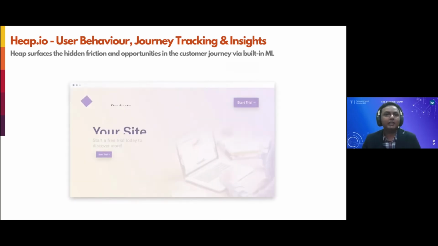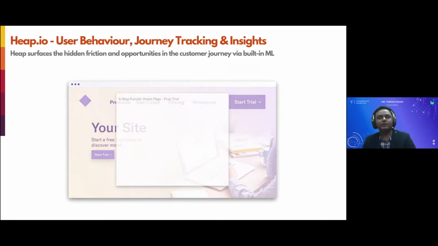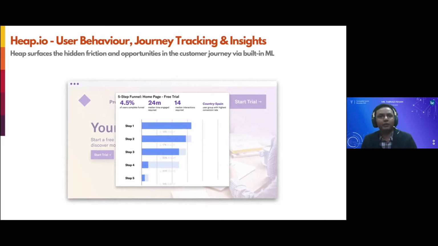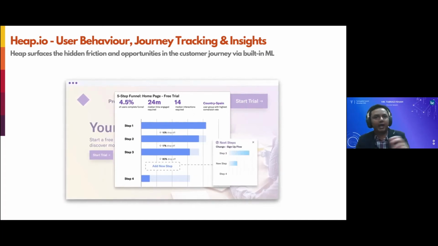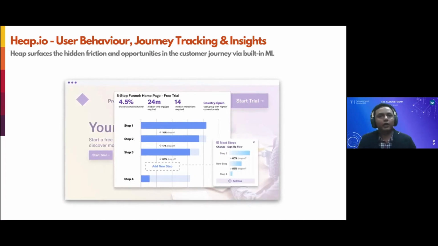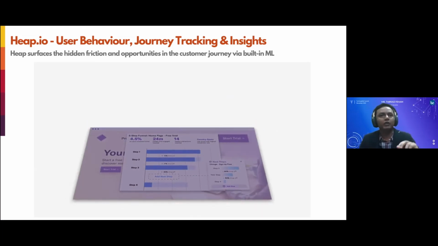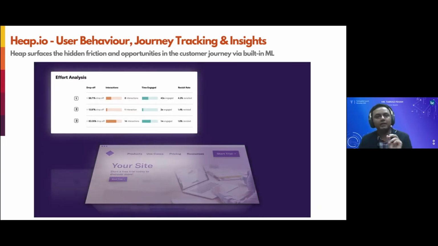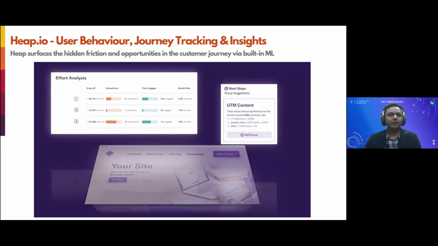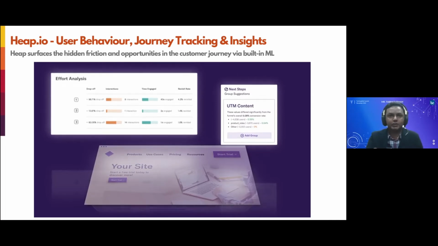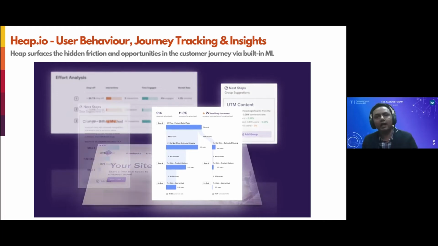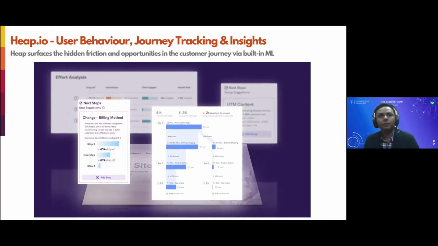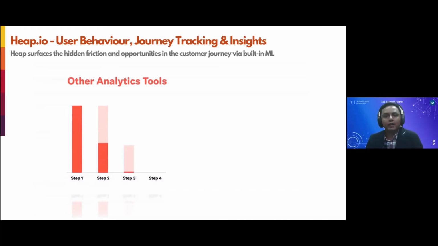Heap.io is actually an ML-based platform. If you embed this solution into your digital product, it would be analyzing the user journeys, the customer pathways, how they are going through the entire platform and user experience, and it would be able to churn out AI and ML-based insights automatically for you. If users are dropping on a certain page, it might pop up an ML-based and AI-powered reason of why this is happening. So this is, again, a very powerful tool that you should be looking into.